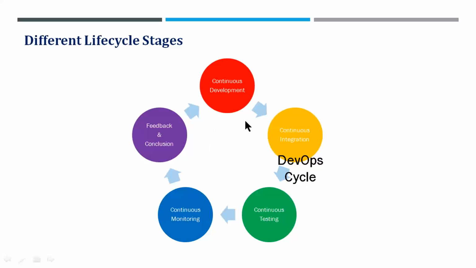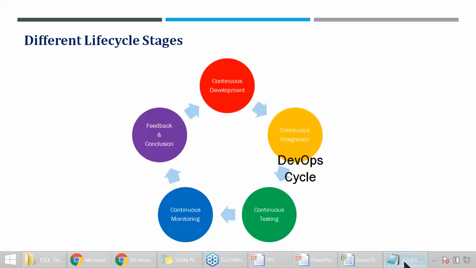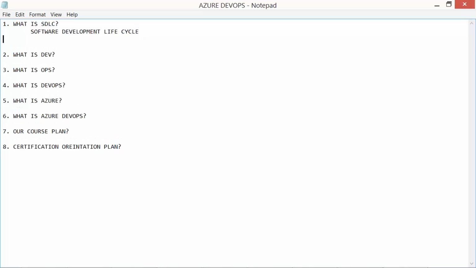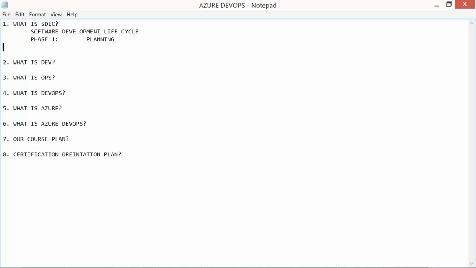There it is one-way traffic, here it's like a circle. To make it clear and simple, the software development lifecycle involves phase 1, planning. Technically we call it SRS. We'll understand what is SRS, the software requirement specification document, and the process involved there next.